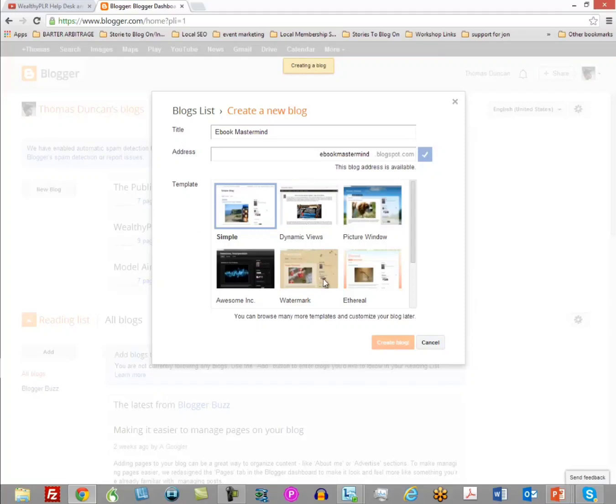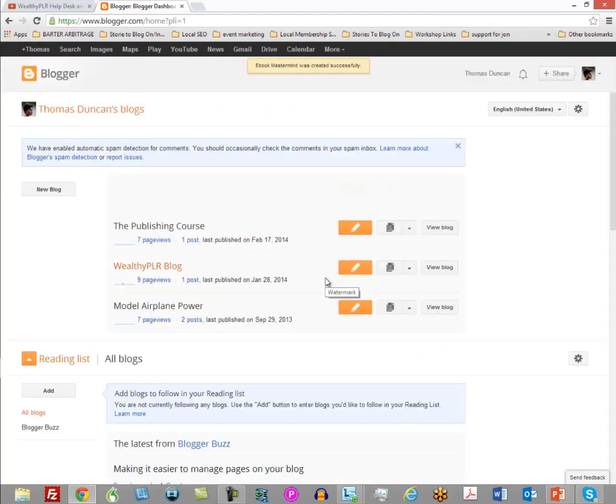Now, you do have some choices there. I'm going to suggest that you stick with the most simple, and they have a theme there that simple began mainly because it is clean and you are going to be able to keep it generic, because you're going to have different uses for it. You're going to have different things you're going to be doing for it. So you don't want to cloud it with something that's going to give people the wrong impression. Keep the simple